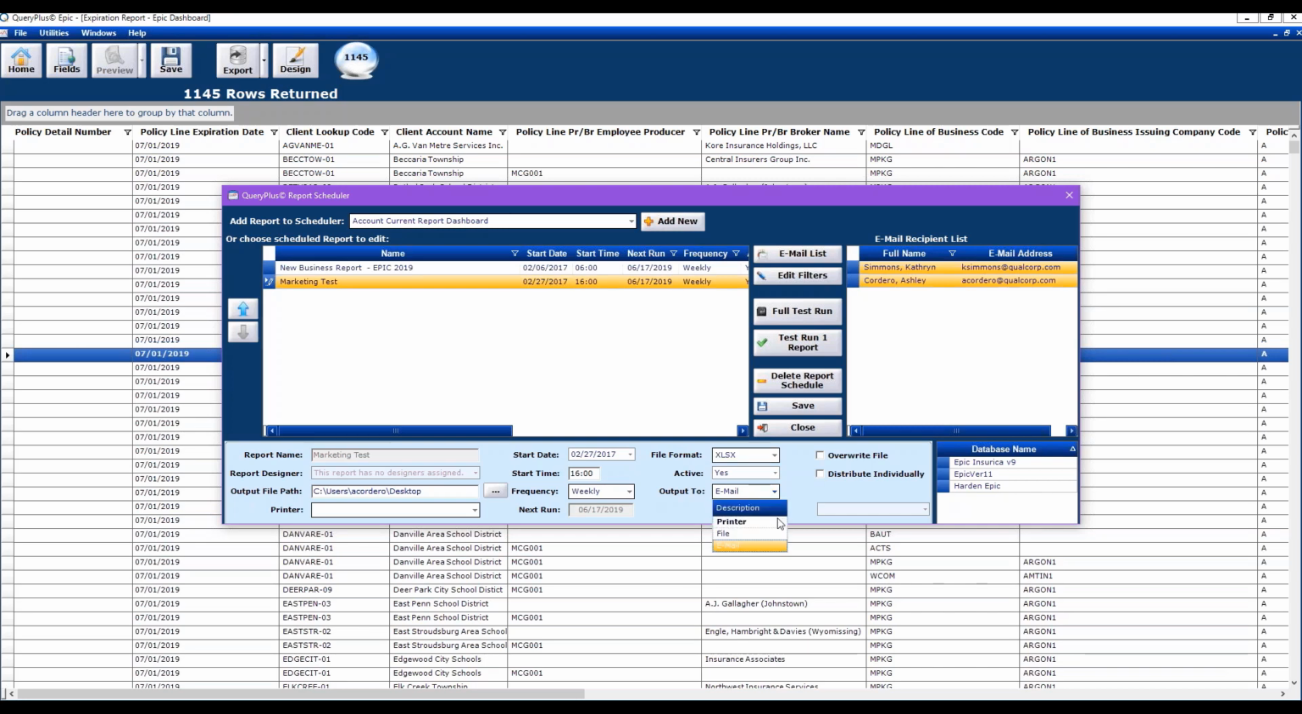So this is how it's actually kind of distributed. Again, if you want it to automatically print, you would select the printer option. If you want it to only automatically save to that file path, you would choose File. But if you would like it to automatically email to particular people, you would choose the email option and choose from your email recipients right up here. So